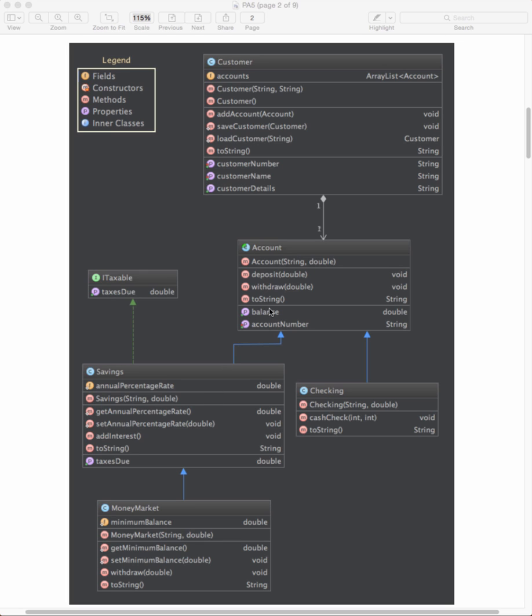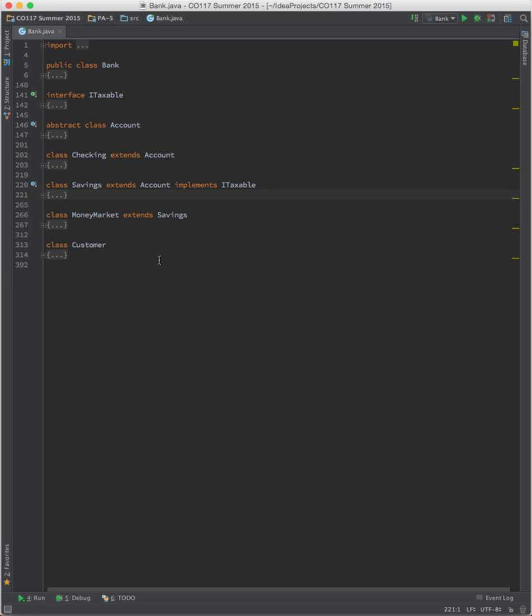We still want that enforced, but actually we want to supersede that with a different rule that says, no, not only do you not want to overdraw the account, but you actually don't want to take money out if you fall below your minimum balance. So it's even more stringent than the account withdrawal method. So what that basically means then, if you look at the money market account,